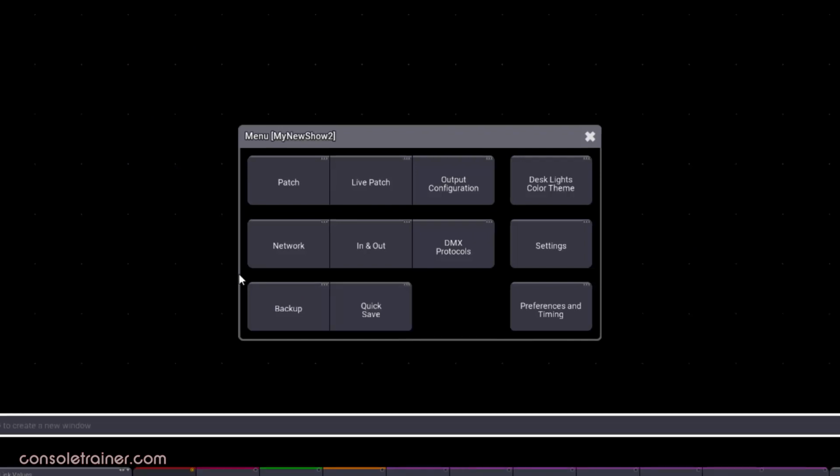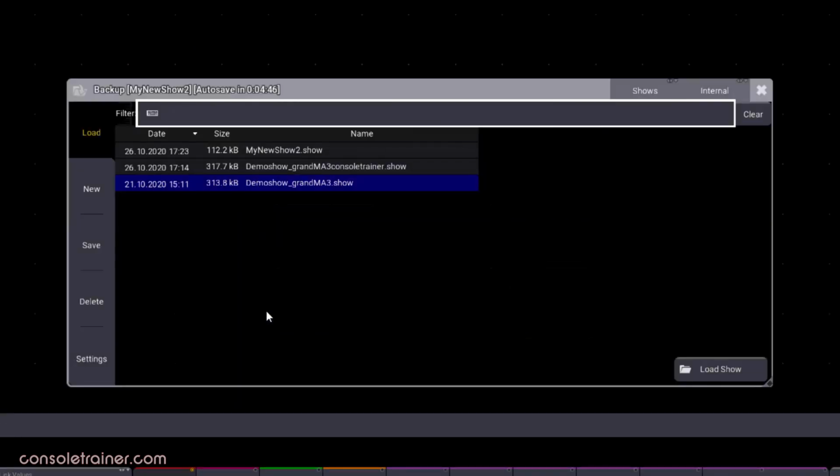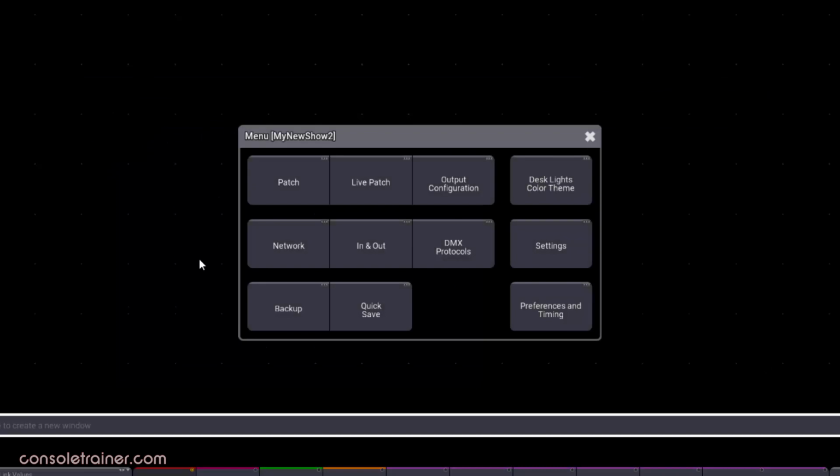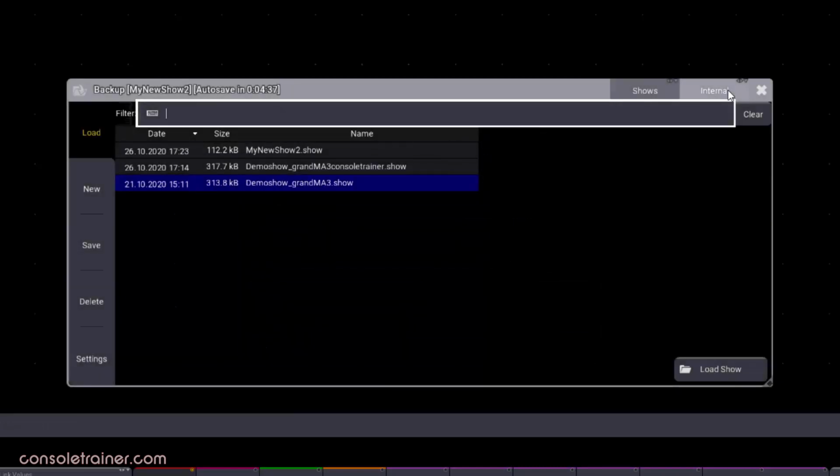Now here's a bummer, at least in this version. The console doesn't remember the last destination that you saved to. So when you open the backup menu, it seems it always starts with the internal drive. It also means that when you do a quick save, it's only saving to the internal drive and not to both the internal and an external like your thumb drive. I don't know if or when the quick save to external media will be added, but I hope it happens.